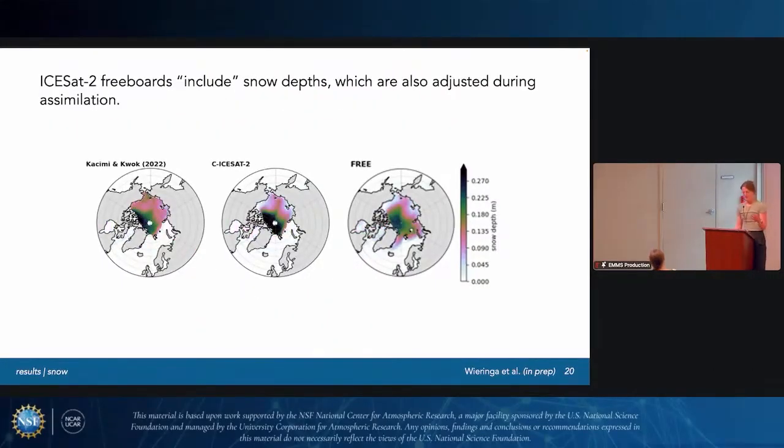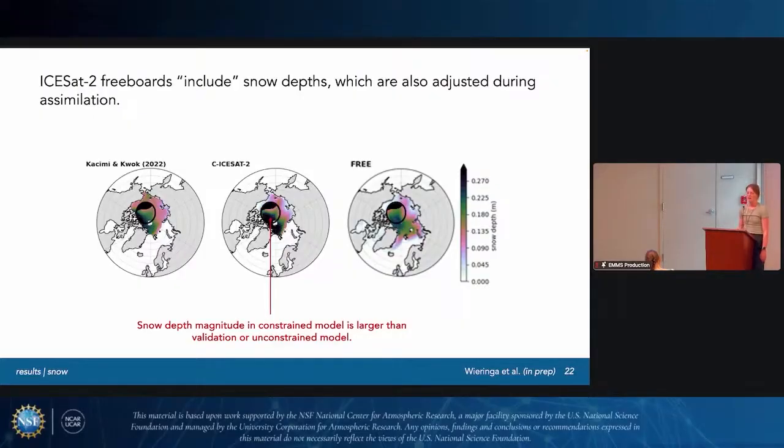So remember that we're assimilating ISAT2 freeboards, which target the top of the snow and ice surface. So snow depth is implicit in these observations, and they're used to update snow depth as well as ice thickness in the model. So the validation product that we're using for snow depth is on the left, again in the annual mean. The constrained model estimate for snow depth is in the middle, and the unconstrained estimate is on the right. And we'll just note in general that the snow depth magnitude in regions where we have the most snow is larger than both the validation or the constrained model. And that's particularly true if we highlight again that region that we were interested in that had unexpected model